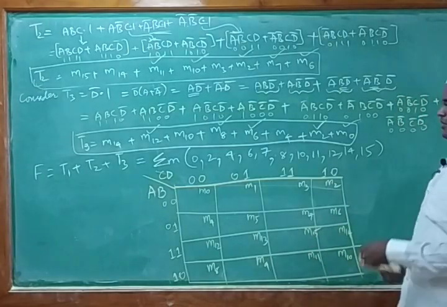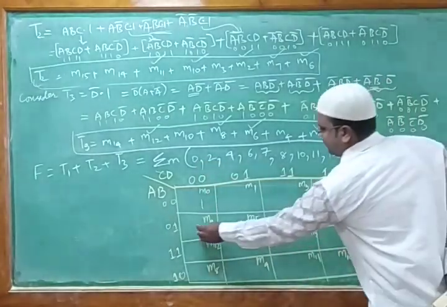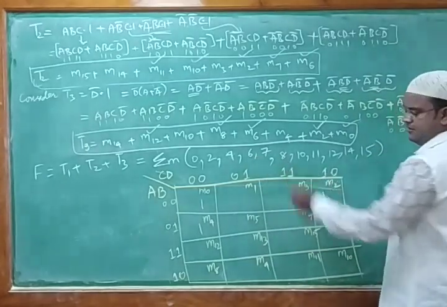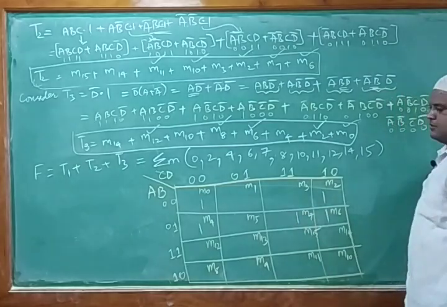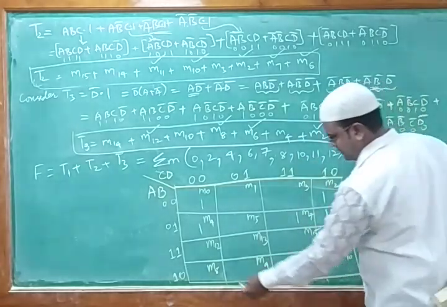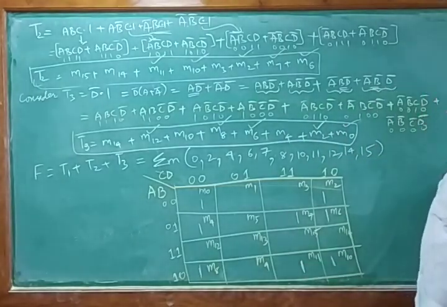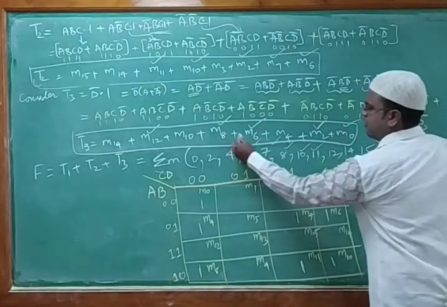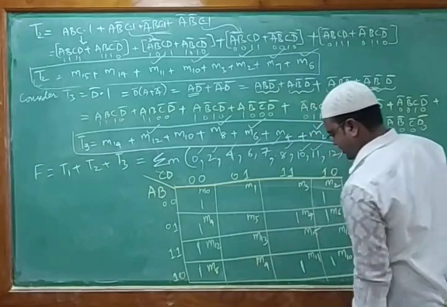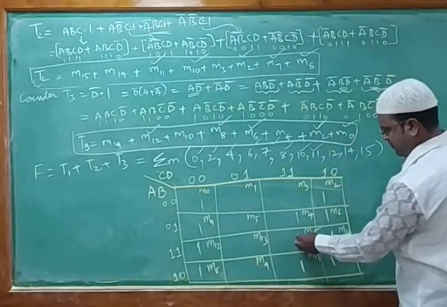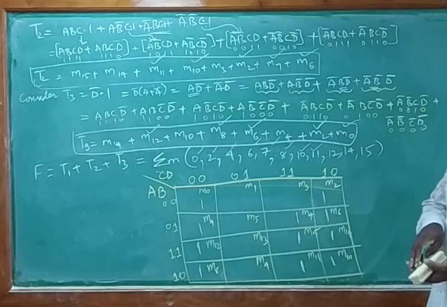Next, mark the specific terms, like 0, 2, 4. So 0 is 1, 2 and 4 are 1. Next, 6, 7. Where is 6? We do have 6, 6 is 1. 7 is also 1. 8, 10, 11. So 8, next is 10 and 11. This is over. 12, 14, 15. So 12, 14 is here and 15 is here. As you can see, we have marked all those values once.